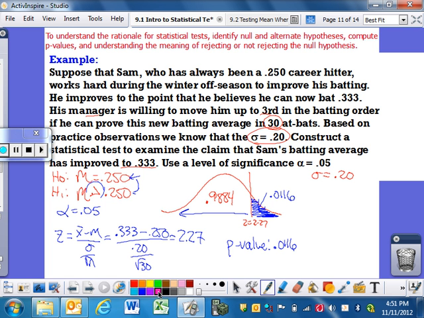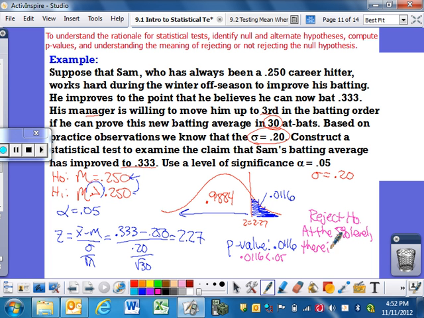So once I say I reject the null hypothesis, because 0.0116 is less than 0.05, I can reject the null hypothesis, and like chapter 8, you need to give me a sentence. What does this mean? Basically you need to include at the 5% level of significance,